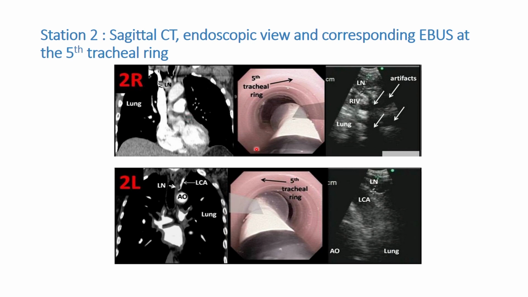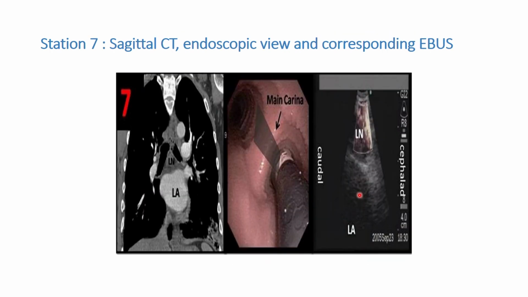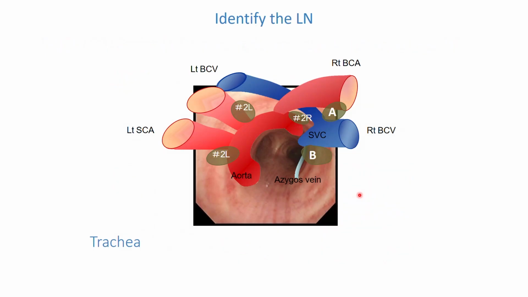So a quick revision, these are larger images of the same. So this is for your station 2 nodes, which is the 5th tracheal ring, the 4R and 4L which we have discussed before, station 7,